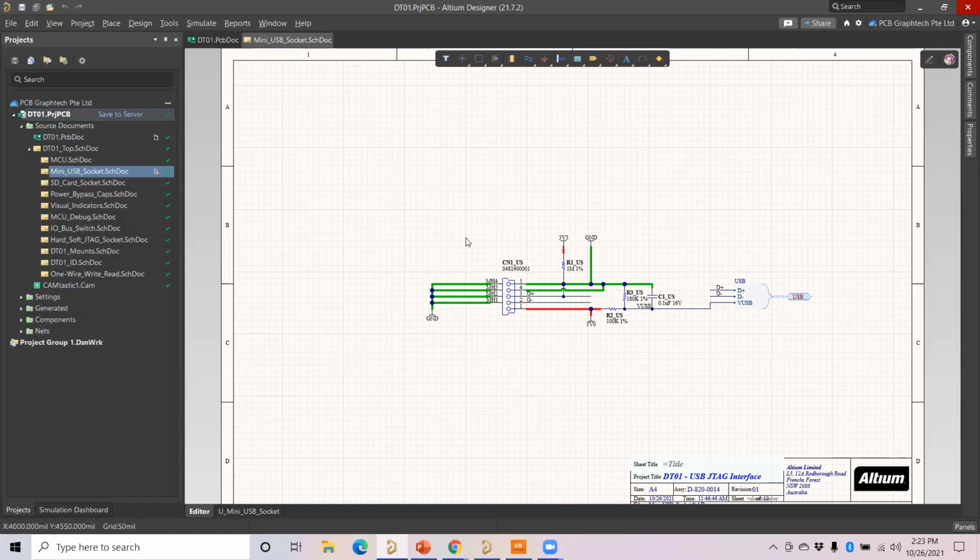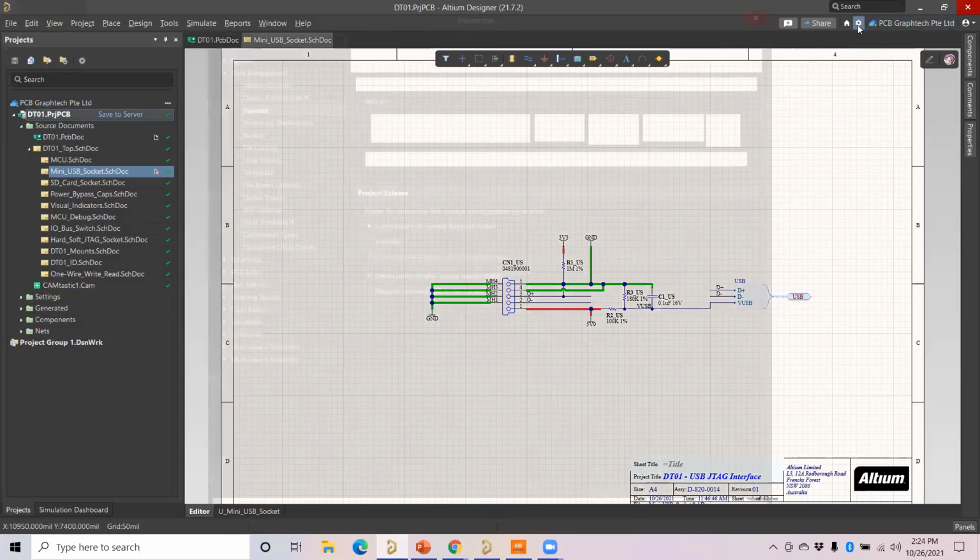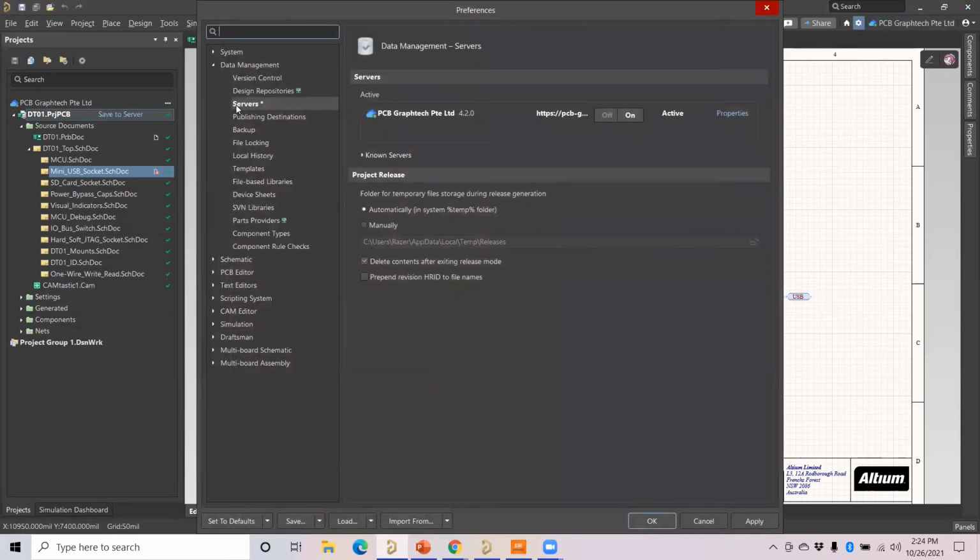So this is about your team configuration, what you can do within your own organization. Now, one more feature I would like to show you is about the editing operations. The editing operation is controlled by the admin. This is my account, and as I'm an admin, I go to the preferences. Under the data management server, there is a workspace.